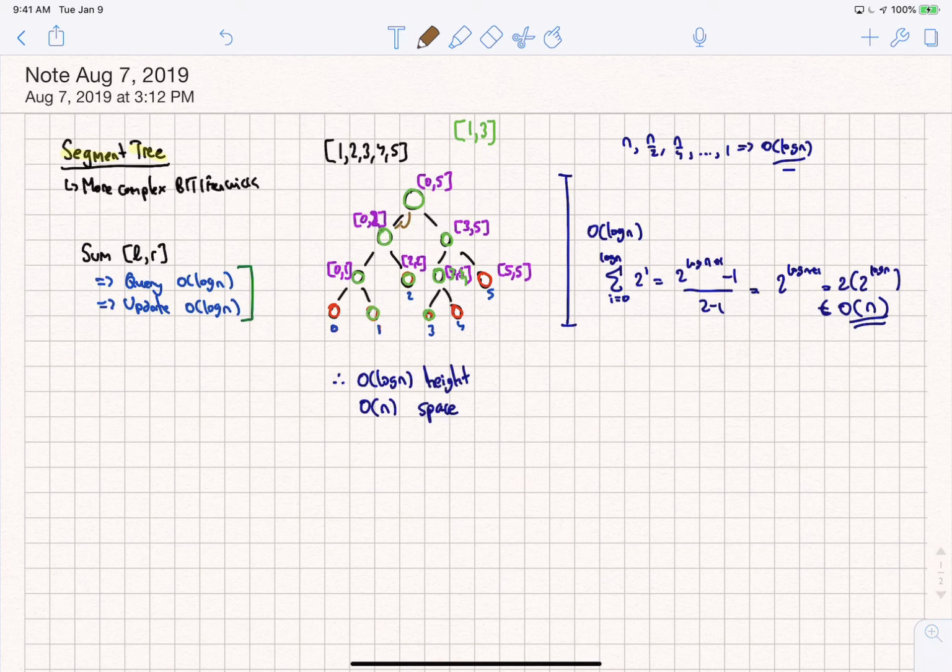So the main idea is that as you're hopping through these values, what you're going to notice is that we went from here to here, here to here, here to here. The main idea is that at any point within the segment tree, we will really only perform a complete view. Hold on, actually this is 0 to 2. 0 to 2, 1 to 2. Yeah, we will only ever have at most 4 nodes within any specific